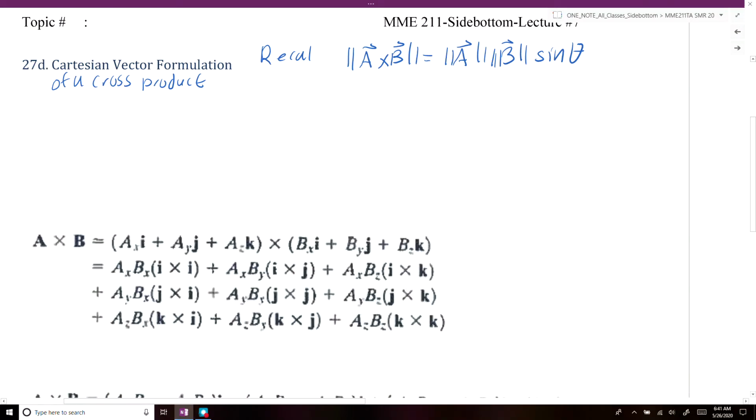So in the last video we introduced the cross product between two vectors. In this video we're going to talk about how, if you have two vectors that are in Cartesian form, you can calculate the cross product between those two vectors. So if we have a cross product between vector A and vector B,